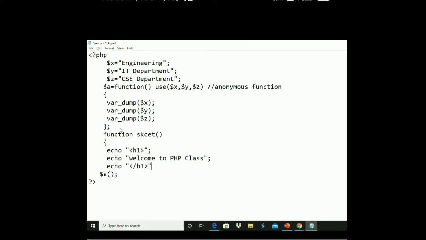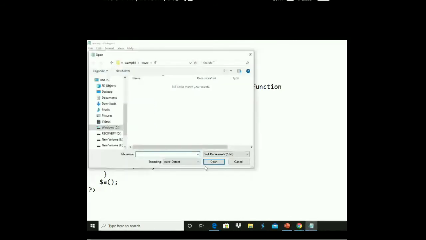Now this function is a normal function, am I right? This function skcet is a normal function, not an anonymous function. So now I will call this function from test.php. Listen carefully. I'll open test.php.